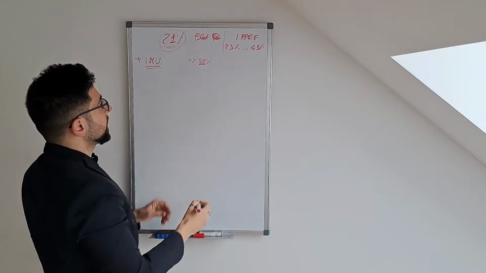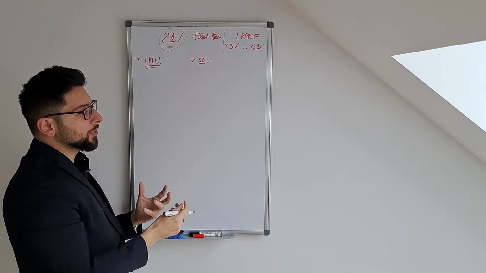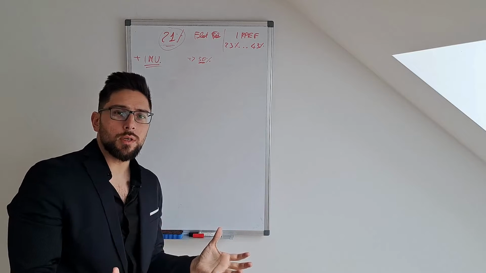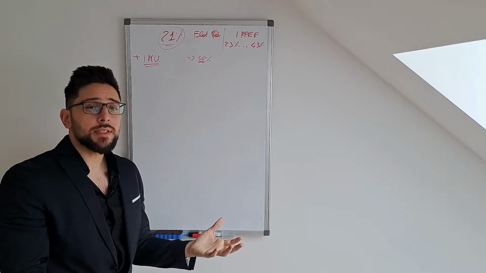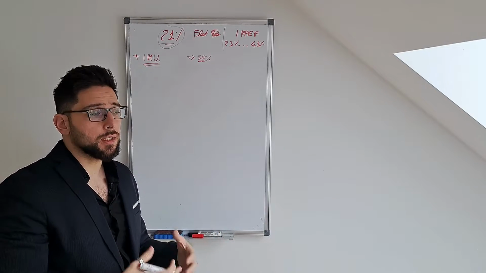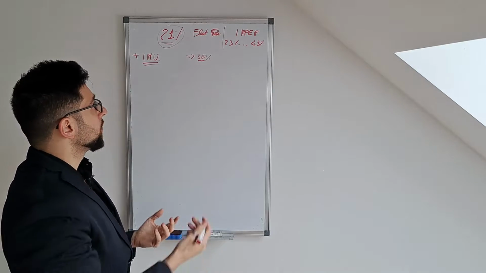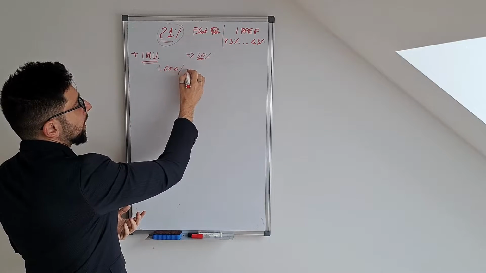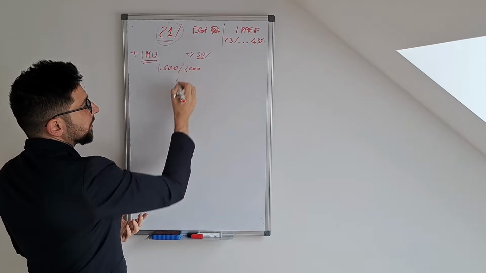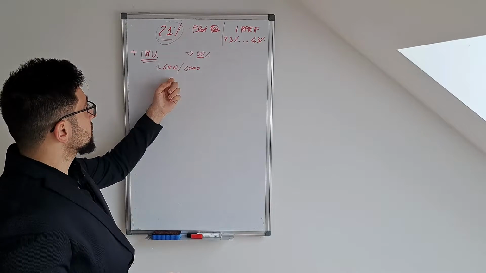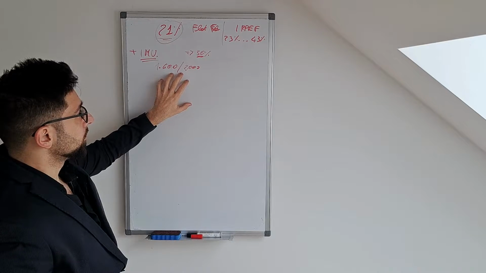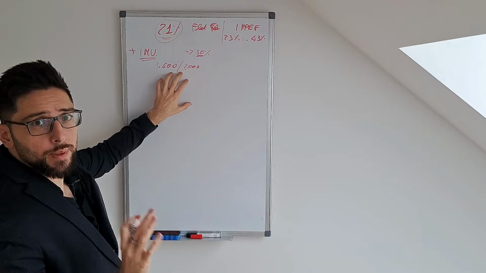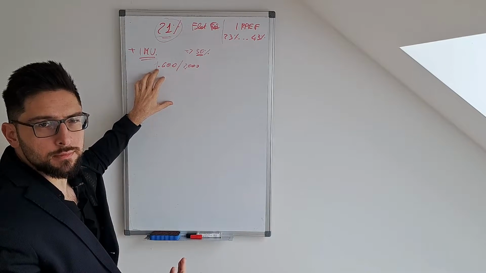Why am I saying 30%? Because normally, for example, for a 100 square meter property in a big city like Rome, Milan, Turin, Bologna, you might pay something like 1,600 euro per year, even sometimes 2,000 euro per year for this. And then if you sum this value, the annual amount of money to pay,